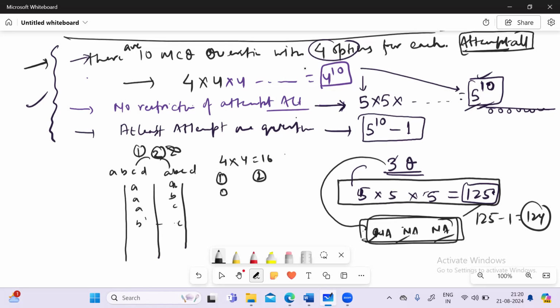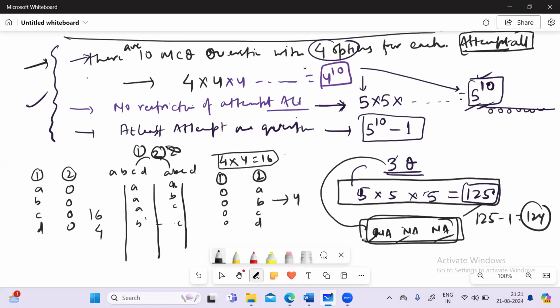अब कुछ तरीका ऐसा होगा जिसमें आप एक नहीं कर रहे हो, जैसे ए डिड नॉट अटेम्प्टेड, मतलब 1 को आपने अटेम्प्ट नहीं किया, 2 में आपने ए रखा, 2 में आप बी रखोगे, 2 में आप सी रखोगे, 2 में आप डी रखोगे। ये 4 तरीके हो गए। और 4 तरीके वो होंगे जब आपने बी में कोई ऑप्शन नहीं दिया, यू डिड नॉट अटेम्प्ट, और ए में ए बी सी डी रखा। तो हमारा टोटल तरीका कितना हुआ, 16 तो हुआ जिसमें आप दोनों अटेम्प्ट कर रहे थे, 4 जिसमें आपने सेकंड क्वेश्चन अटेम्प्ट किया, फर्स्ट को नहीं किया, 4 इतने तरीके हैं जिसमें आपने फर्स्ट को किया, सेकंड को नहीं किया, टोटल कितना आया, 24। और एक ऐसा ऑप्शन होगा जिसमें आपने दोनों को अटेम्प्ट नहीं किया।